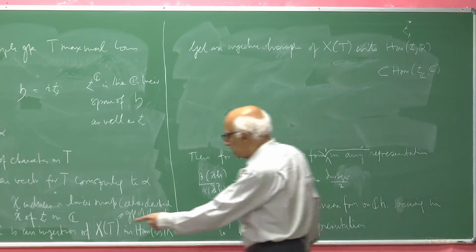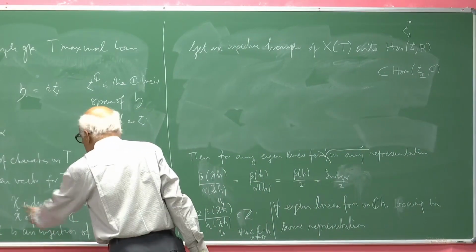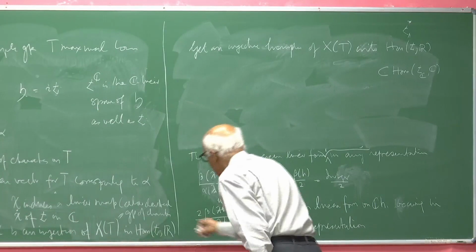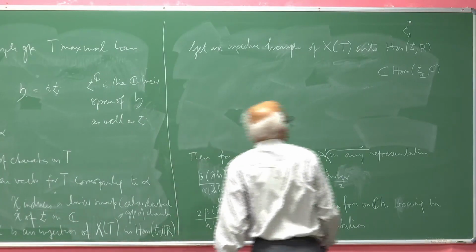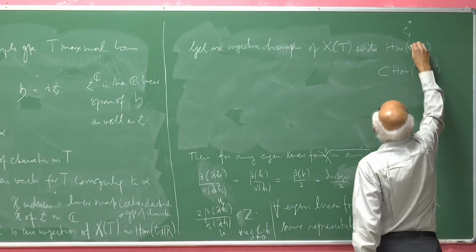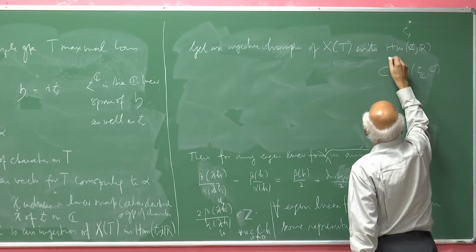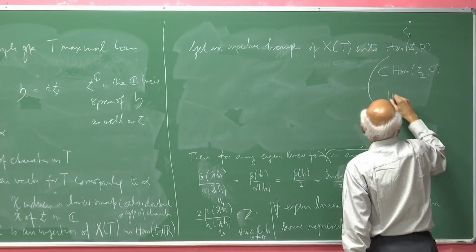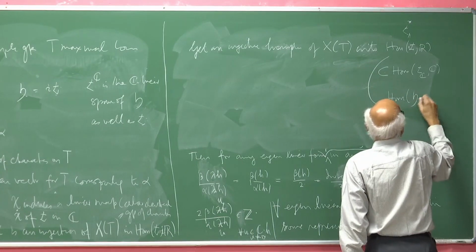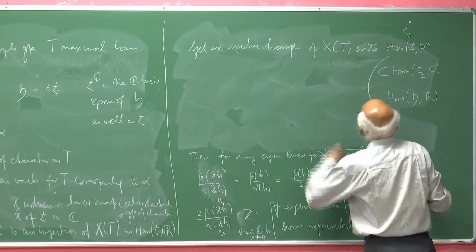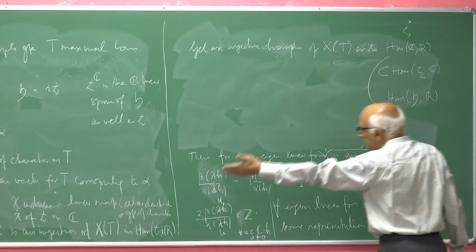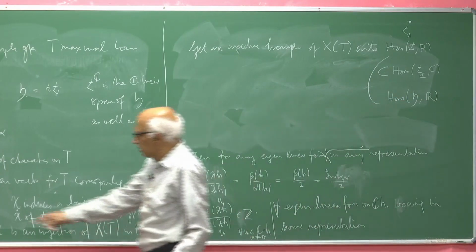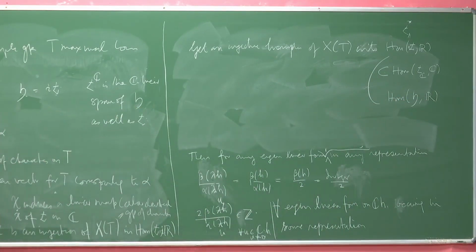Strictly speaking, as I said, the tangent space to the circle is I times R, so let me put IR here, and that gets you into IR, but this can also be identified with Hom(H, R),